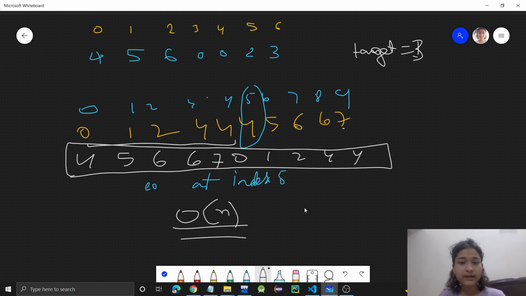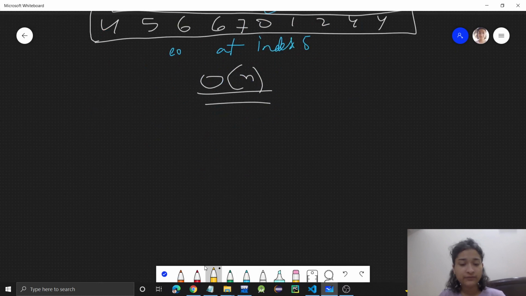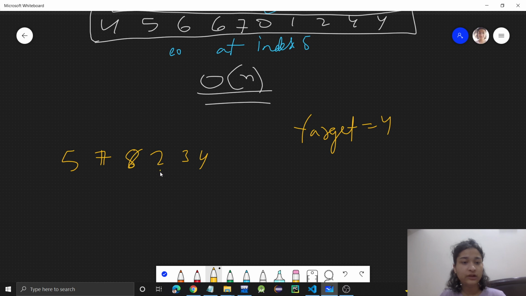Because for example, let's say I have to search whether, let's say I have this array, something like this I have, 5, 1, 6, 2, 3, 4, and my target is 4. Okay, so basically this is not sorted. Let me change it a bit. 2, 3, 4 is there now. I'll change this to 7 and 8. So this is sorted, right? 2, 3, 4, and then here 5, 7, 8. Now let's say my target is 4.